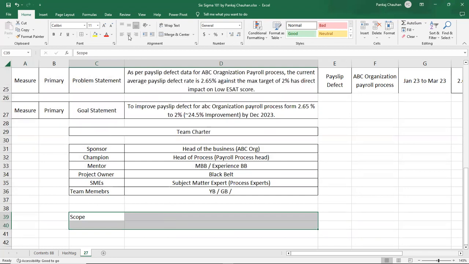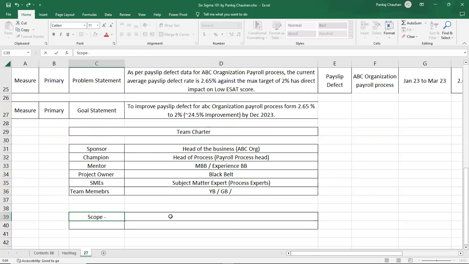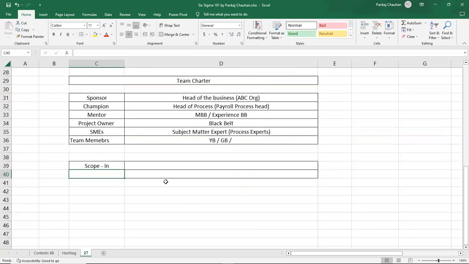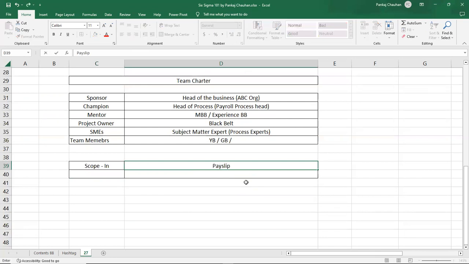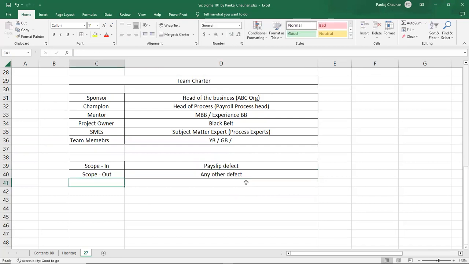Now you have to look for the scope of the project, because many a time people will have unrealistic expectations from you. When they just hear that you are working on a Six Sigma project like defect reduction, without thinking about what defect you are talking about, they will ask you questions about every kind of defect. So you should always write a clear scope, that only payslip defects are in your scope, and for any other defect type, I am not answerable. So that is